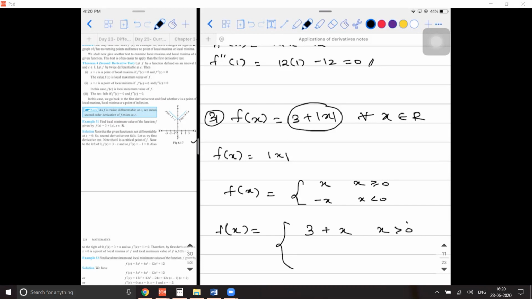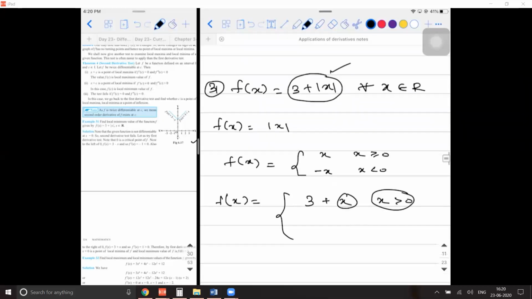Guys, try to understand. When x is greater than 0, mod x will come out as x. See, you are saying x is greater than 3. When you are supposed to do is when you have something like this. I know this confusion will come. Okay. You're able to understand. So when you have mod of x minus 3, what you're saying is right. But when you have mod x plus 3, it is like this.